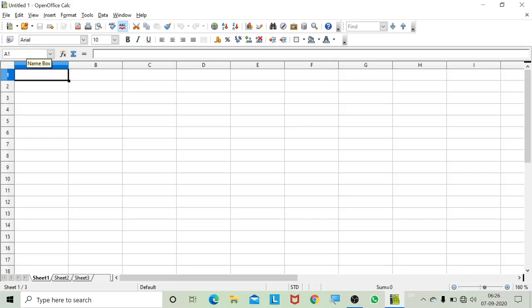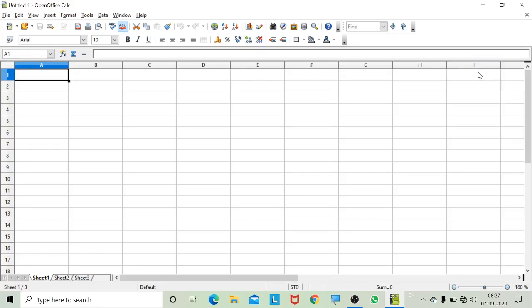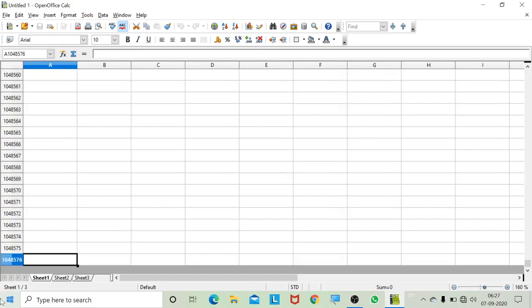Then this is called a name box. Name box means, as you already know, that each of the cell. Now, what is a cell? These vertical lines are called columns, sorry, and these horizontal lines are called the rows. So we have got so many rows and columns. The last column that you can see is AMJ, and the last row number is